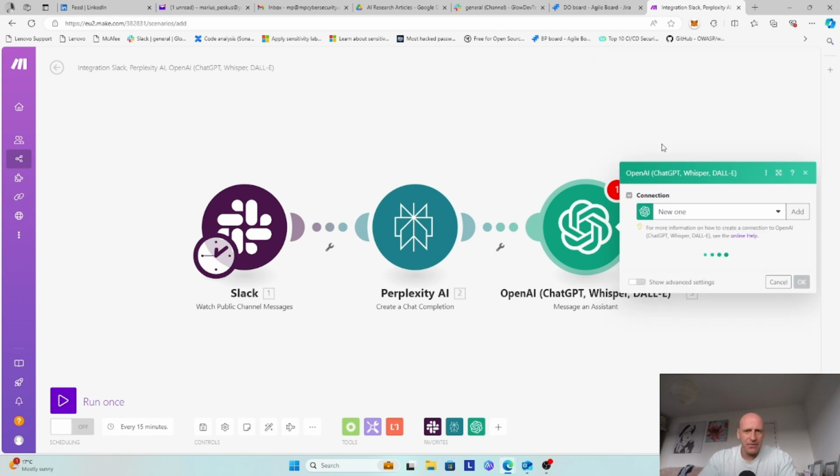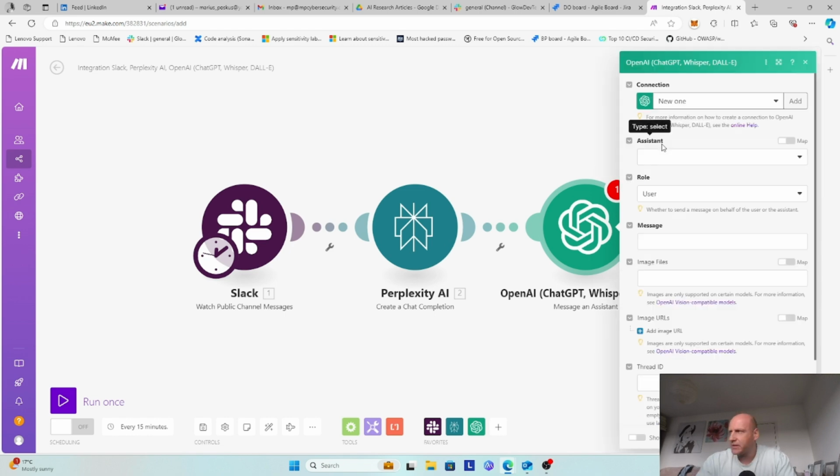So again, same thing, same as Perplexity, same as ChatGPT. You go to platform.openai.com, create an API key. Again, drop in $10 or so, and then it's very easy. Again, establish a connection, and then I'm going to show you how and where we build these AI assistants,